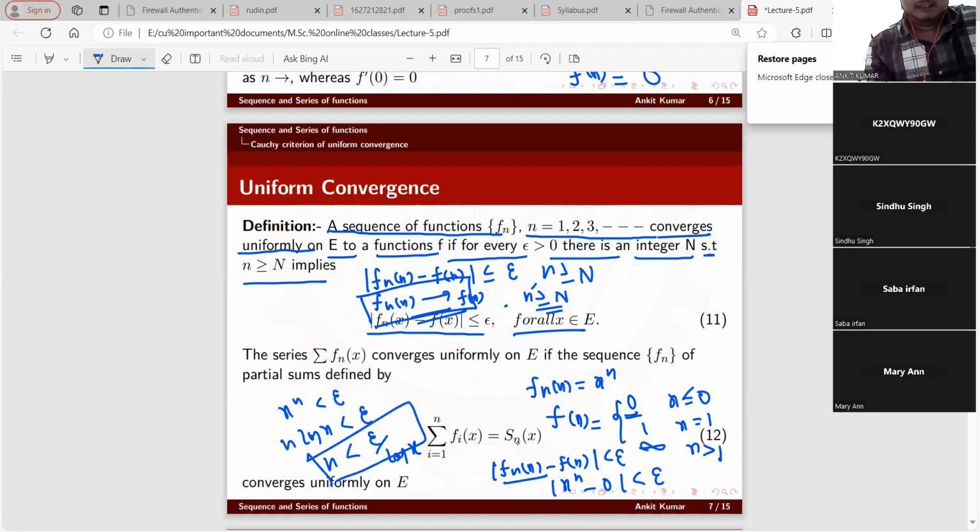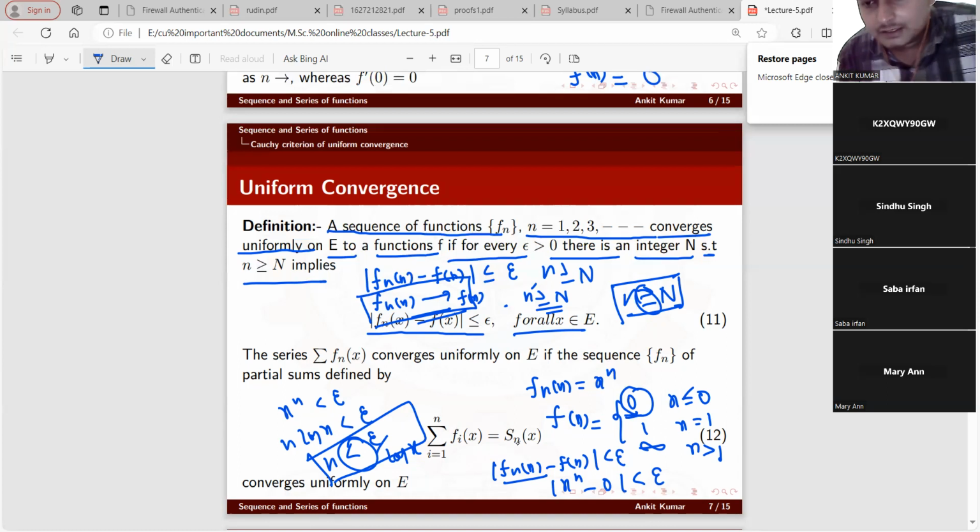So from this, we do not obtain the condition n is greater than or equal to N. Because here it is less than, and we obtain a number greater than or equal to, we do not obtain the number. So fn(x) = x to the power n does not converge to 0, because we do not satisfy the condition